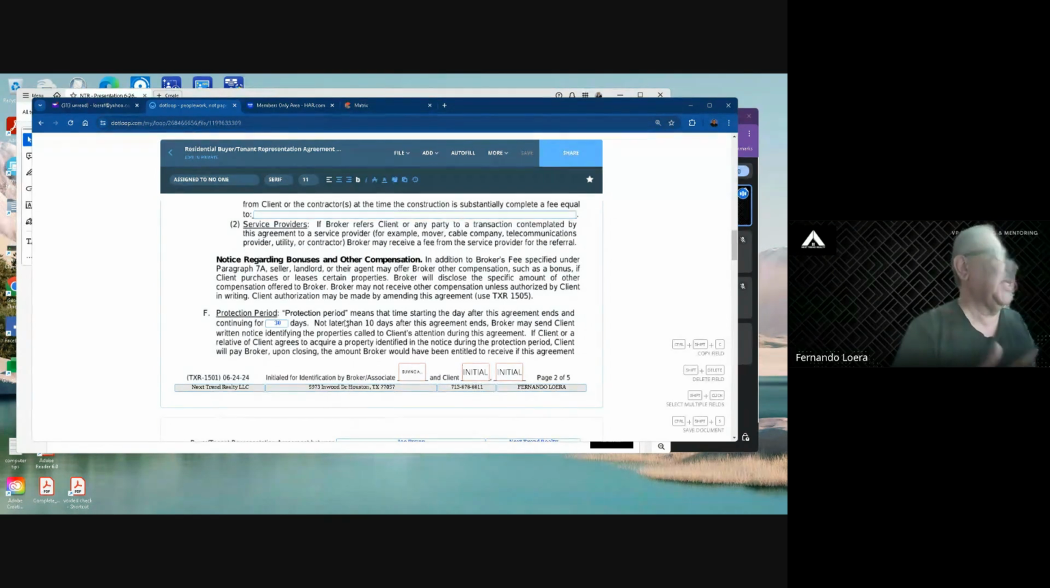Let's just say the buyer says, hey, I'm giving up, I don't want to see houses anymore. And you say, okay, you can terminate this by using a buyer termination of contract. This is just a 1-pager. But what the protection period does is that once that termination date starts, there's 30 days after that